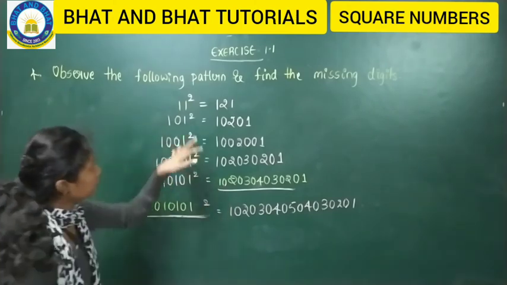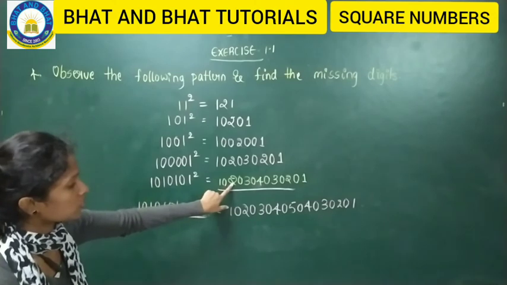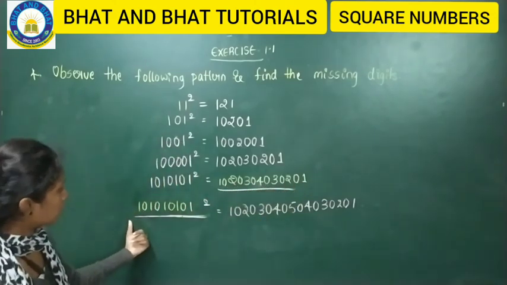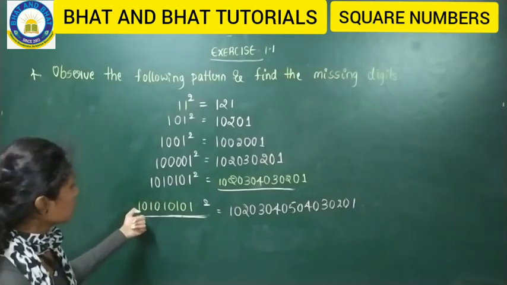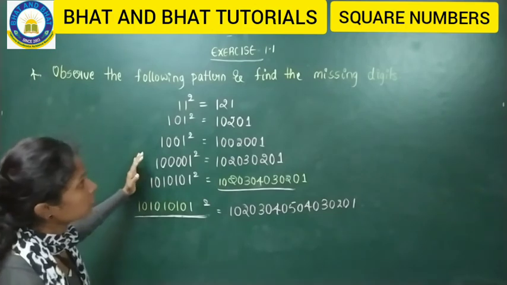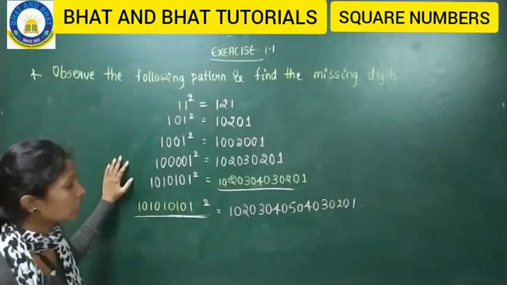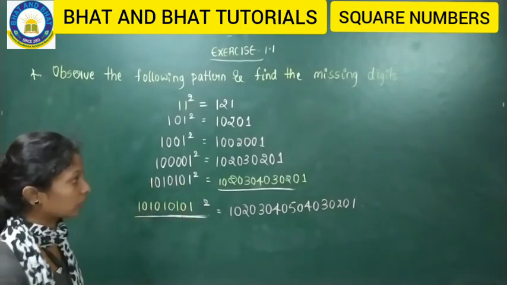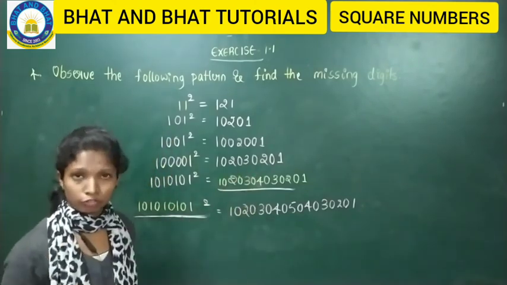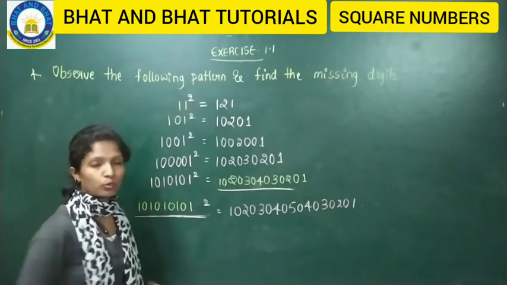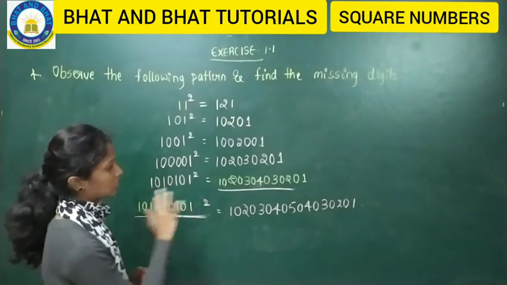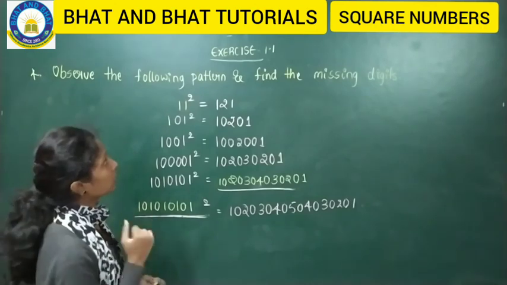Fine. So now the missing numbers are 10203040302001 and another square number that is missing is 101010101. Okay, so this is the pattern they will give you, where you have to find the missing one. One of the logics you can use, or else if you are lacking logic, go with the squares. If you use your logic, it saves your time. So that's the reason I had taught you that. Fine, copy down this now.